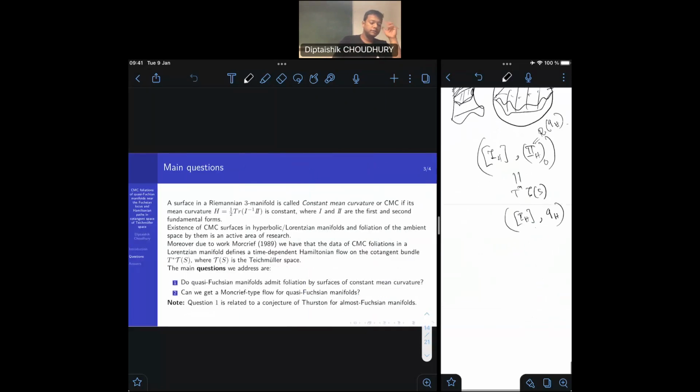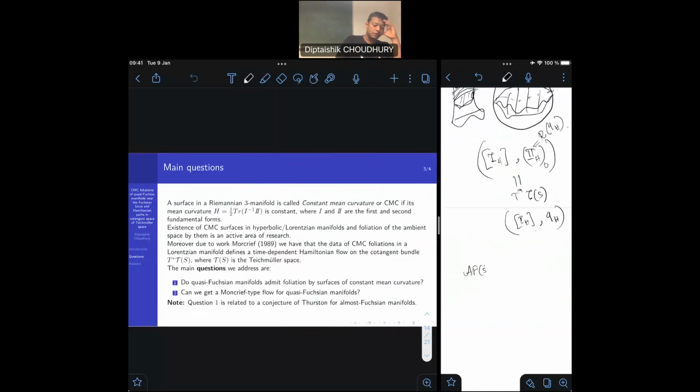We also note that there is this almost Fuchsian locus, which is a quasi-Fuchsian manifold with a unique minimal surface with principal curvatures ranging in -1 to 1. A minimal surface for me is one whose mean curvature is equal to 0. So the mean curvature is equal to 0, and you want the principal curvatures in -1 to 1,